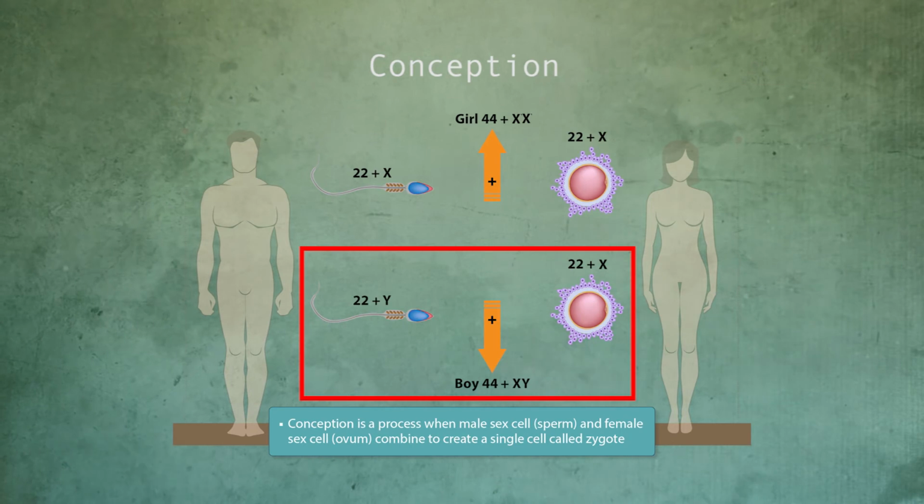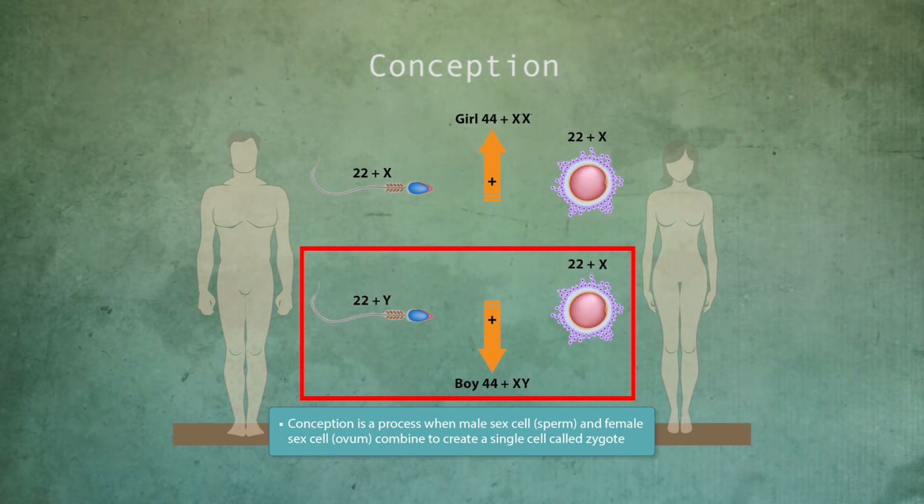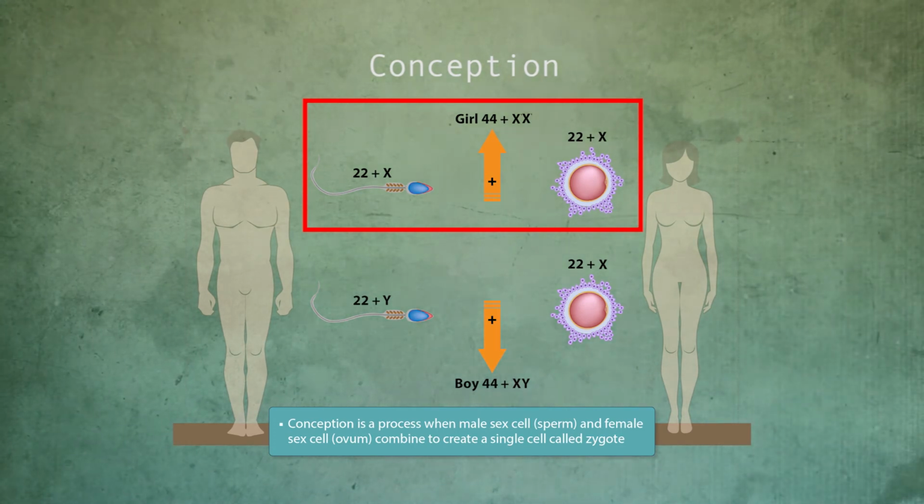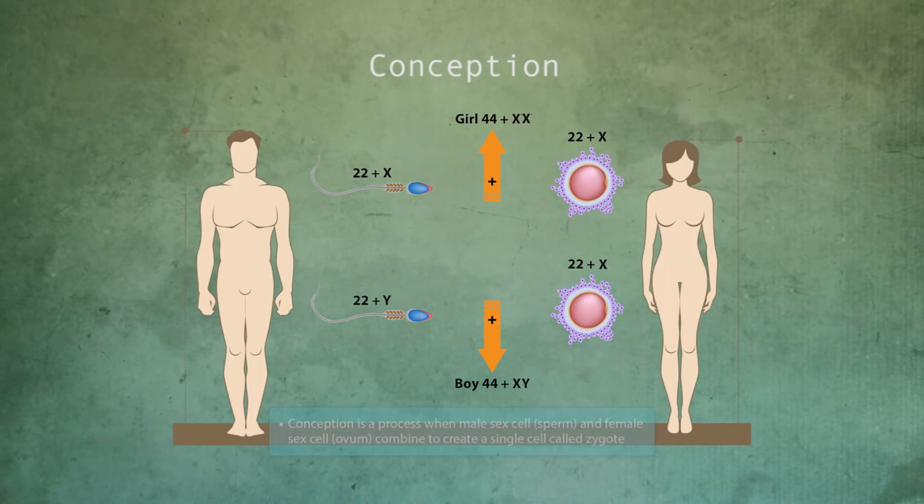A baby boy has 44 XY and a baby girl has 44 XX chromosomes. Remember, father's chromosome contains DNA with his genetic code, and mother's chromosome contains DNA with her genetic code. Each genetic code serves as a template for hereditary information called genotype. Let us look at this diagram.